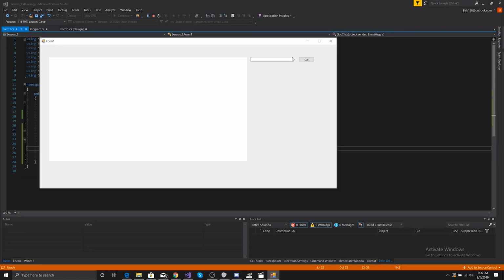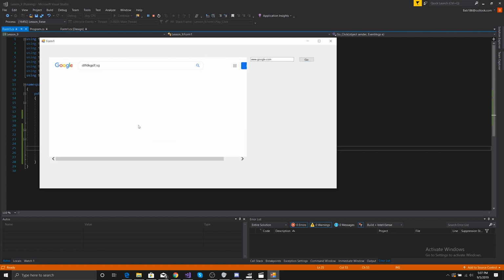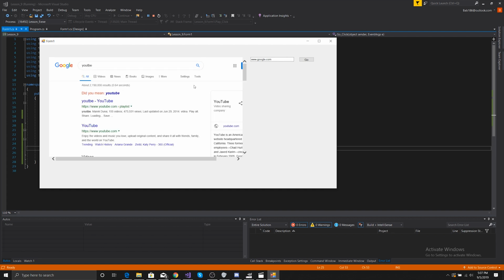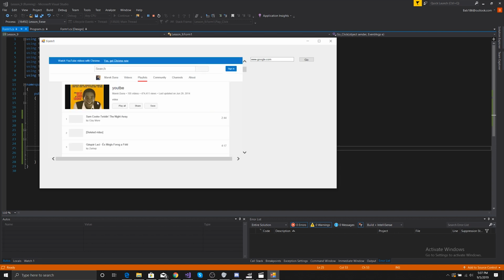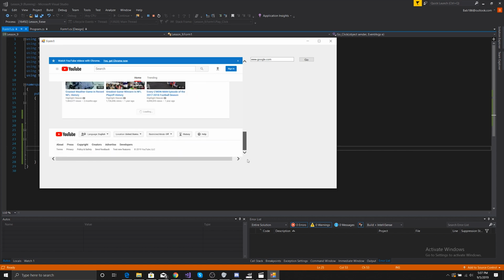So it's just blank. If we did www.google.com and we press go, Google would show up. Look at that. And now we can do whatever we want and we can search it. Well, there's no documents or YouTube. And then there you go, we can go to YouTube. It has its own